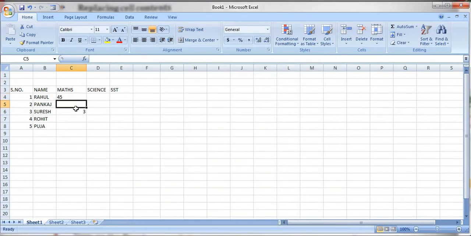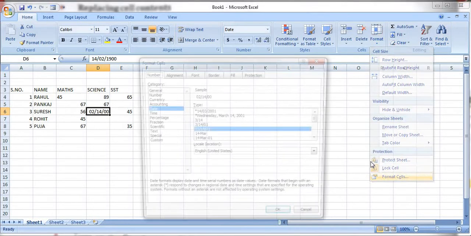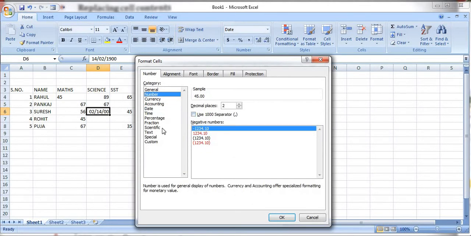So 45 I have written here, and here also I am writing some number. Again here I have to change the format of this cell to text.